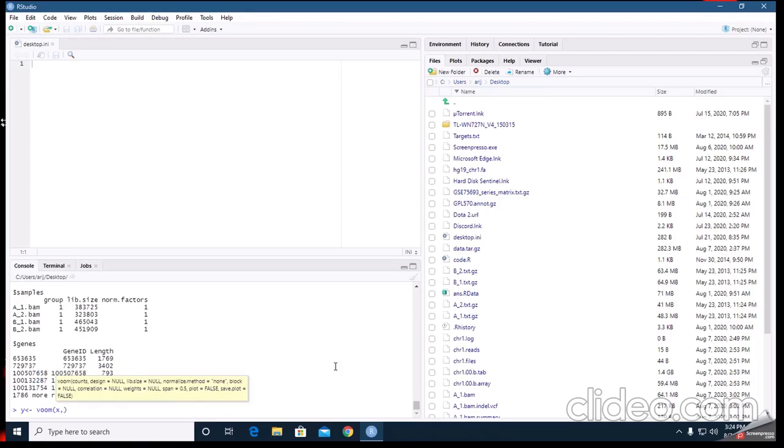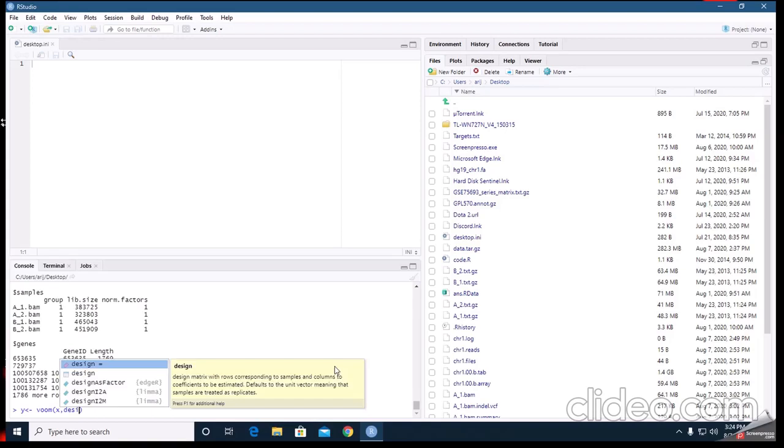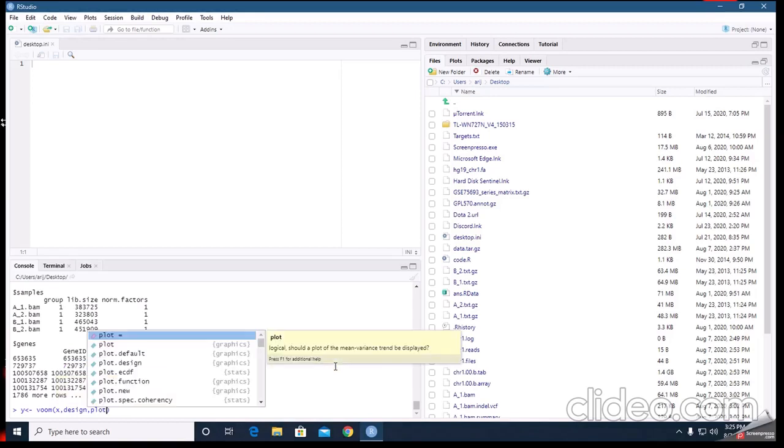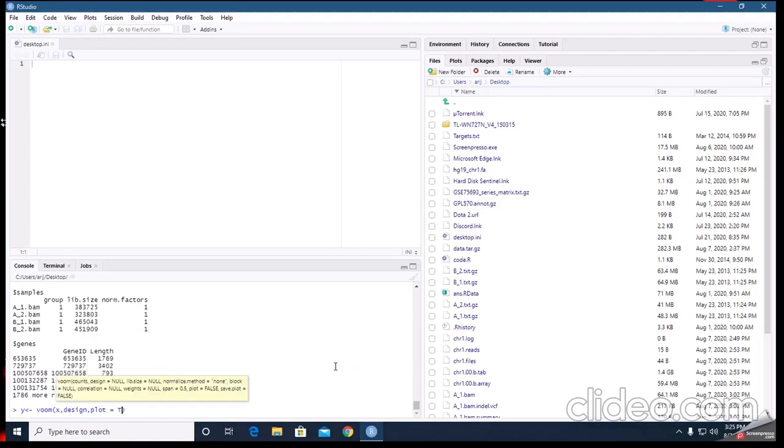We take X as the variable, then the design matrix, which we made in the first step, and now we also want to plot, so we use plot and make it TRUE.